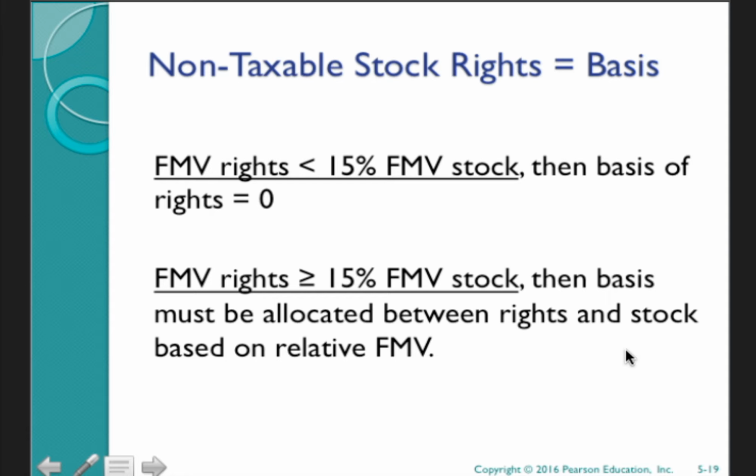So then sometimes you're going to have non-taxable stock rights. So this would be like the right to purchase more stock, options, that type of thing. So if the fair market value of the rights, the options, or whatever is less than 15% of the fair market value of the stock, then the basis of the rights is 0. However, if it's greater than 15% of the fair market value of the stock,